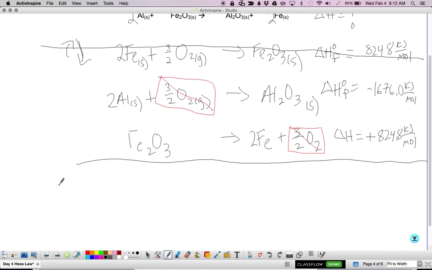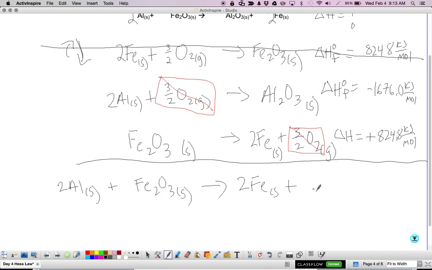So this is 2Al solid plus Fe2O3 solid yields 2Fe solid plus Al2O3 solid, and delta H for this reaction